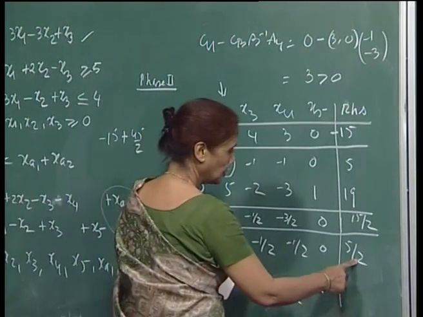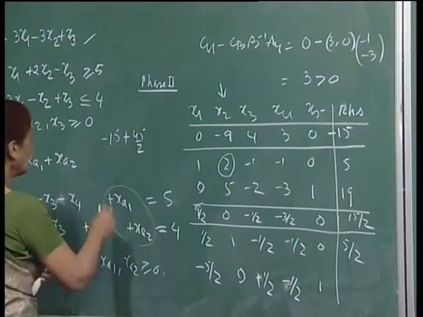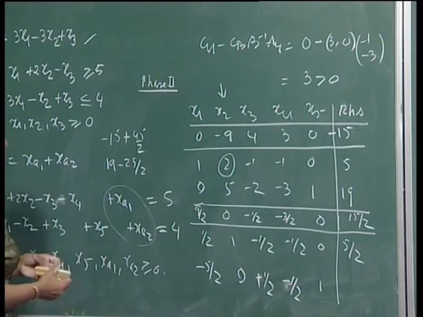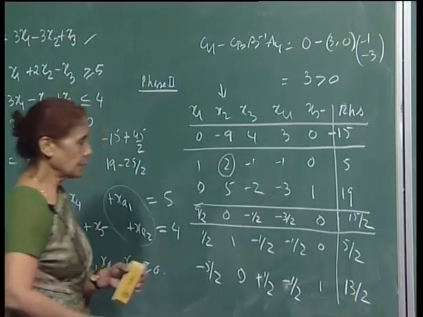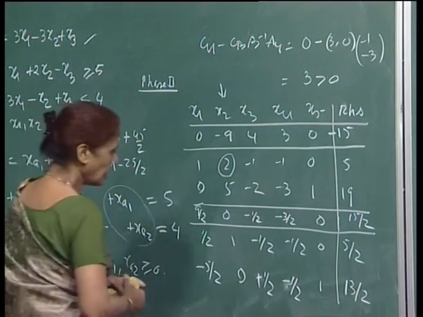And 5 by 2, you are multiplying by 5. So 25 by 2 is subtracting from 19. So 19 minus 25 by 2, 38. So 13 by 2. Okay. If there's any error, you can make sure. Fine. So now this is our